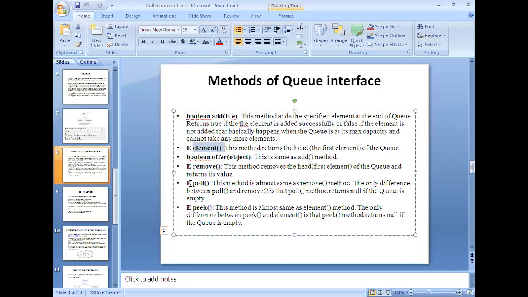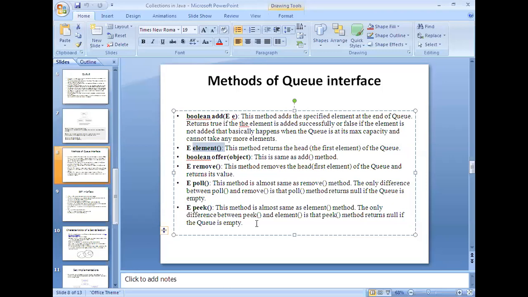If you try to apply the remove method on an empty queue, it will generate an exception, whereas the poll method simply returns the null value instead of generating an exception.